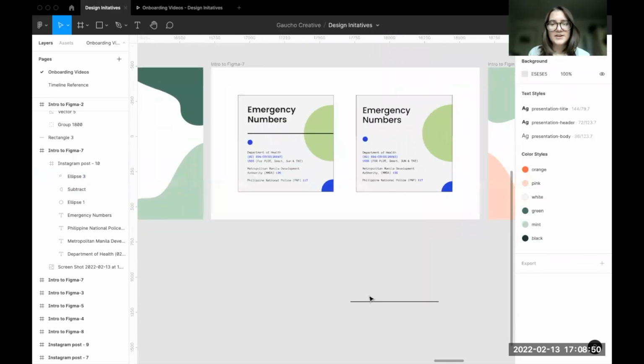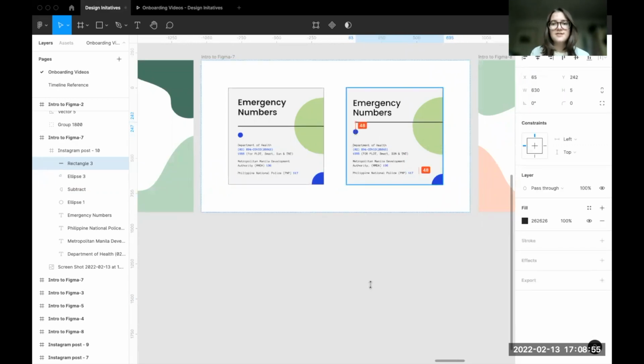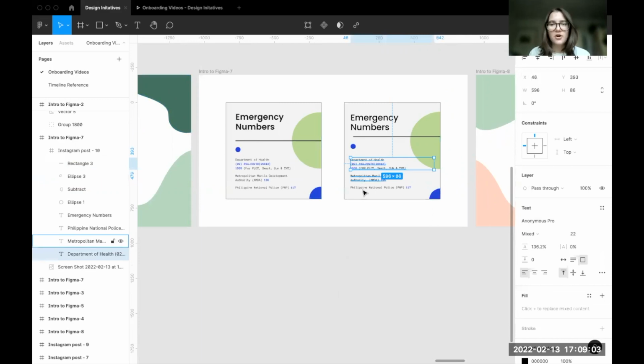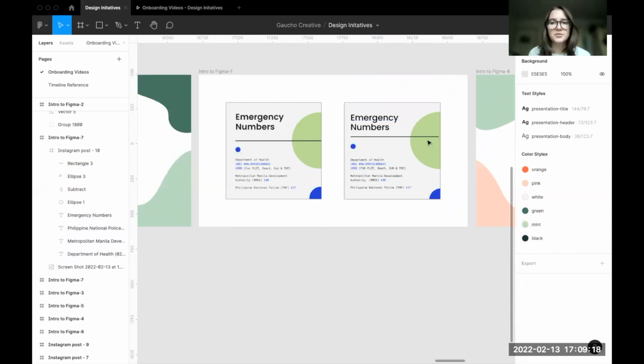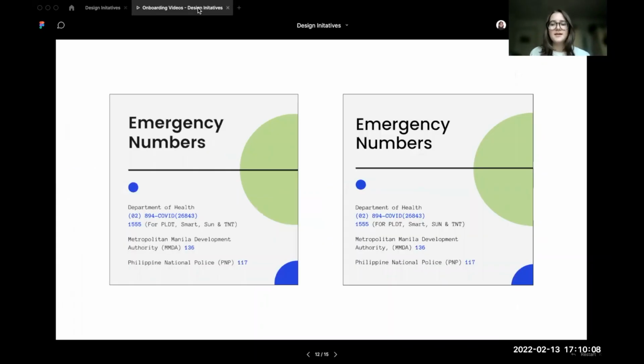Cool. And then last, we just have this cool line. As you can see, our alignment is a little bit off. All of these seem to be left aligned, and these are scattered all over the place. So if we select all of these elements by holding shift, like I mentioned earlier, we can hit the left align button and it left aligns all of the assets, which is pretty cool. Okay, and after some quick editing, you've got a very similar looking post using all the features in Figma that I've shown you today. Awesome.